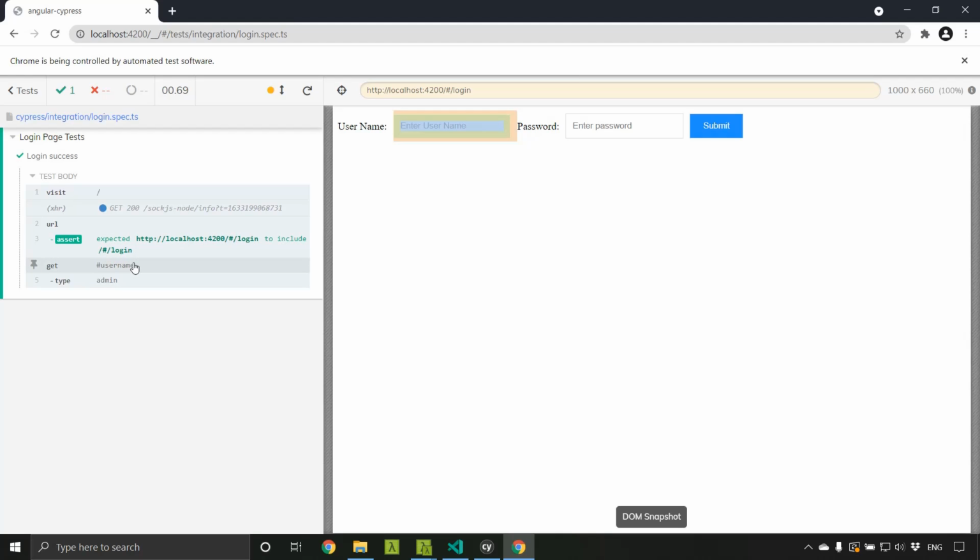Then when I selected the username, it is getting highlighted, and when I hover on this, you can see that a red icon is coming, which is basically showing that one action is happening, and it is showing the before and after snapshot. Before it was empty, and after typing it has the value admin. So this is one advantage of time travel, and each of these are screenshots which are automatically taken by Cypress when we execute a particular command.